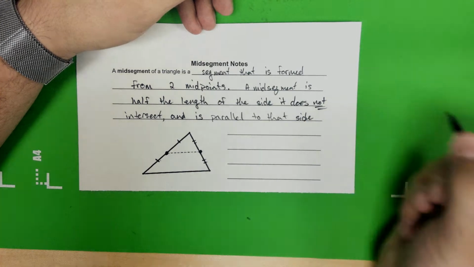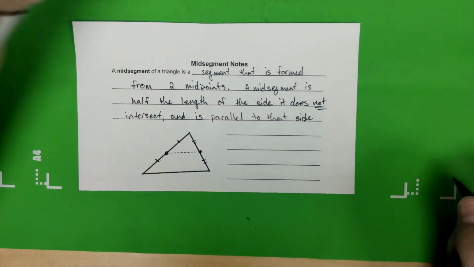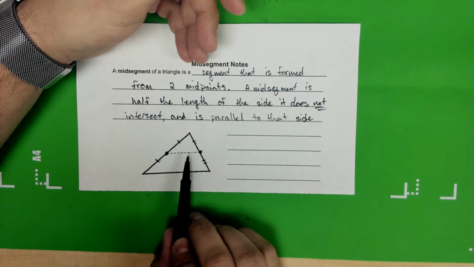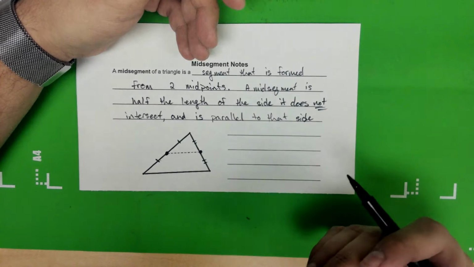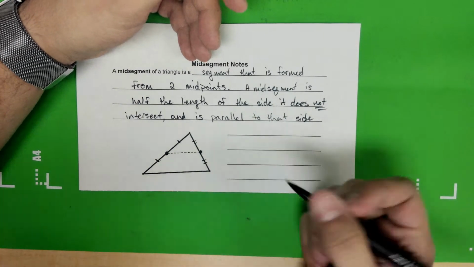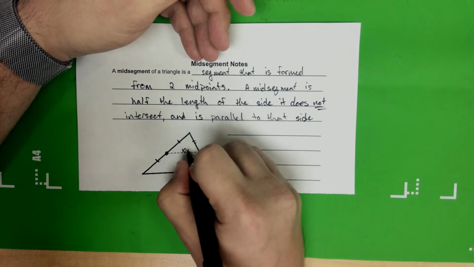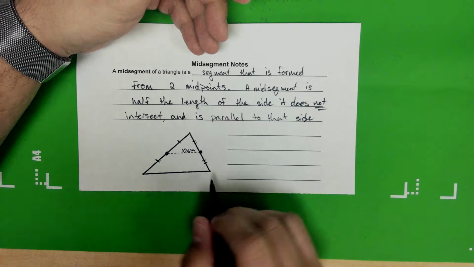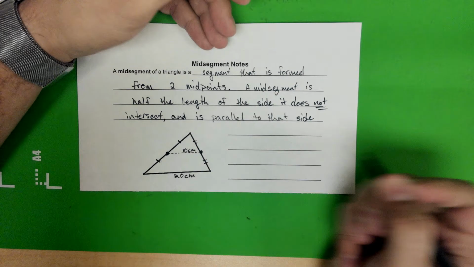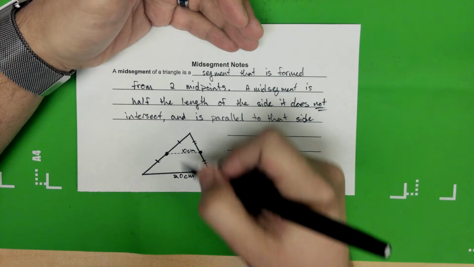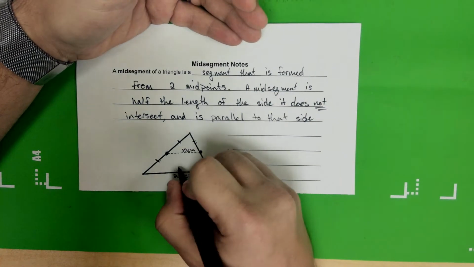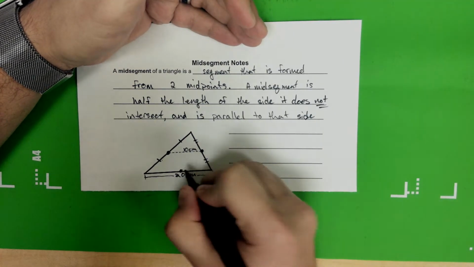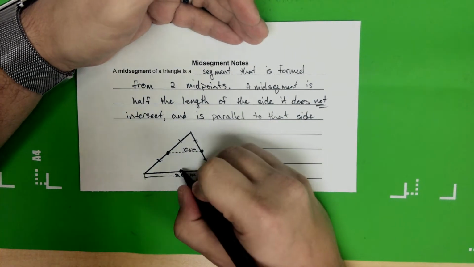If we are told either the third side or this mid-segment, that means we could find the other one that we're not given. So if the mid-segment is 10 centimeters, that means the third side is 20 centimeters. That seems pretty easy, right? If we pretend that this point right here is also a midpoint, we can create